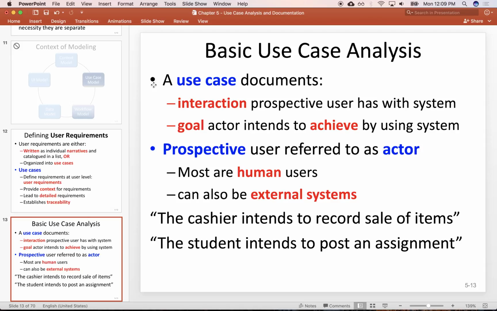Oftentimes, these are not self-evident, and we have to start a little higher level, not from the user's point of view, but from the business point of view. Oftentimes, we don't have access to the end user yet. Usually, we first have access to the executive team, the managers, the big bosses. And they're the ones who first will discuss their goals, and they'll be oftentimes fairly vague, and usually that's where we need to start